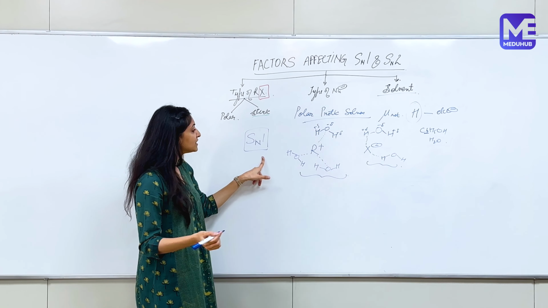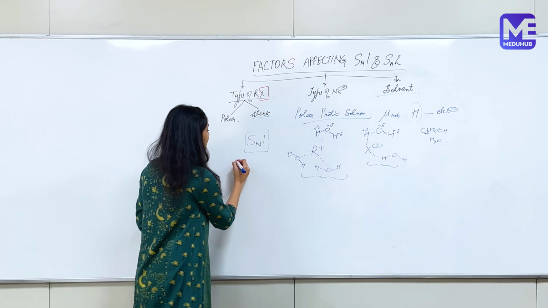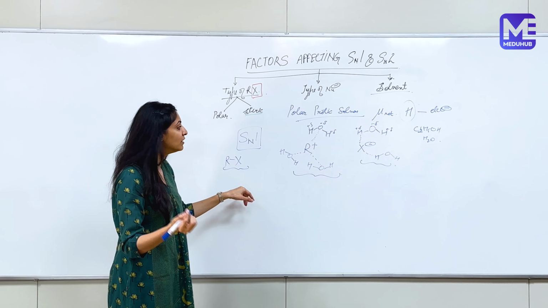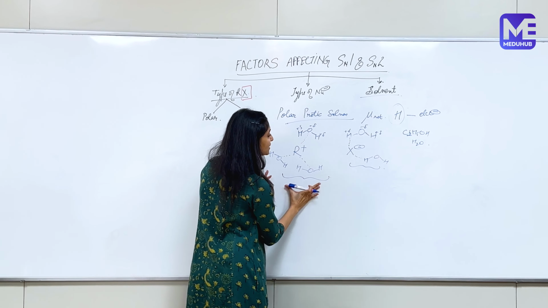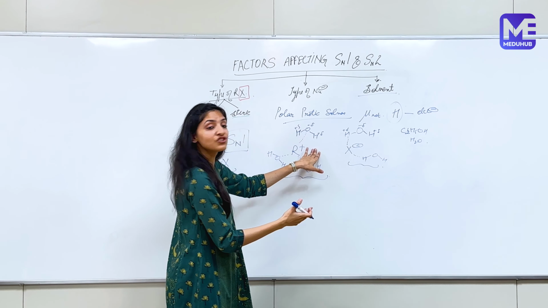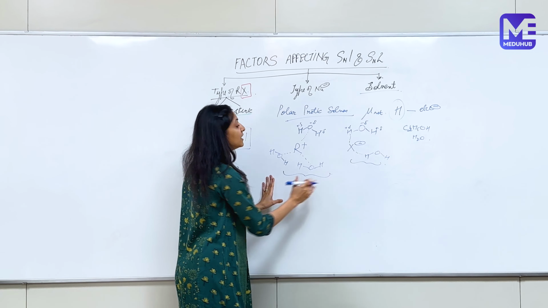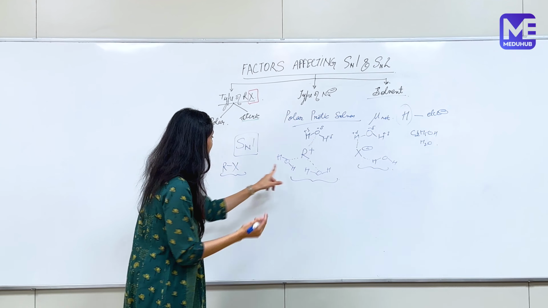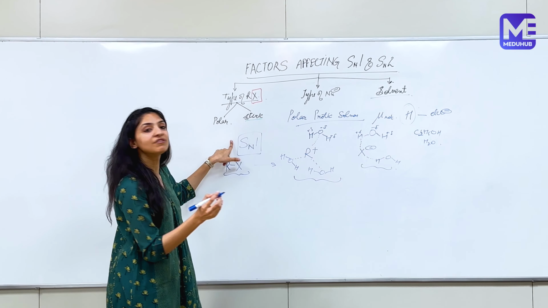So in case of an Sn1 mechanism, the reactant is Rx, which will not be solvated because it is not polar, and the transition state and products are more polar in nature. They have a high charge density and they will be stabilized. This will lead to an overall decrease in the activation energy of this step, and hence an Sn1 mechanism will